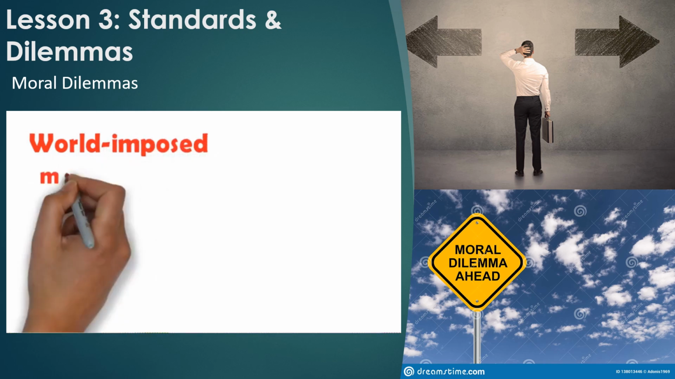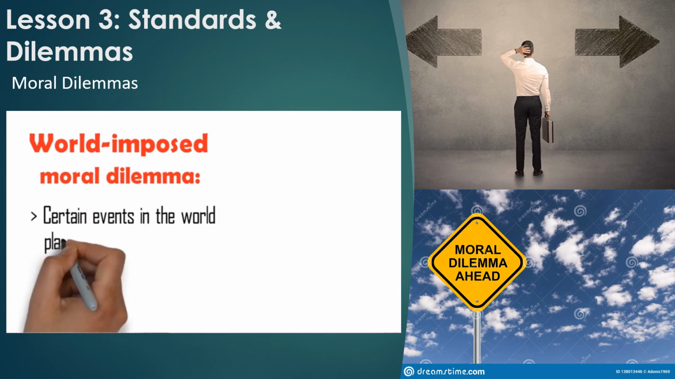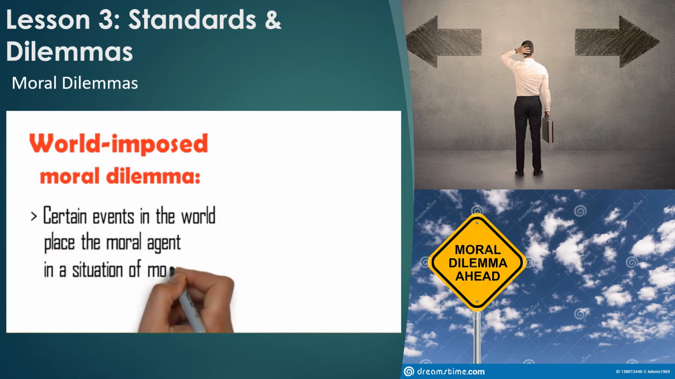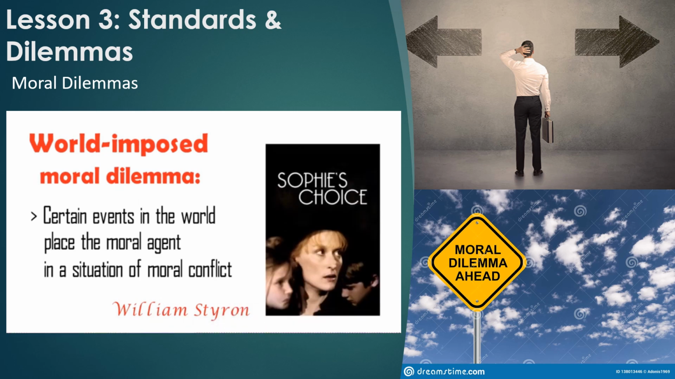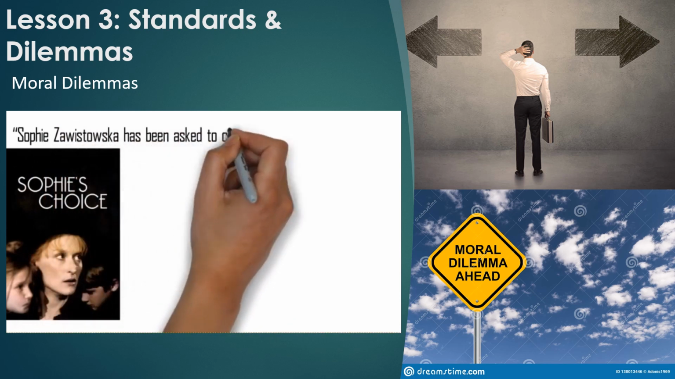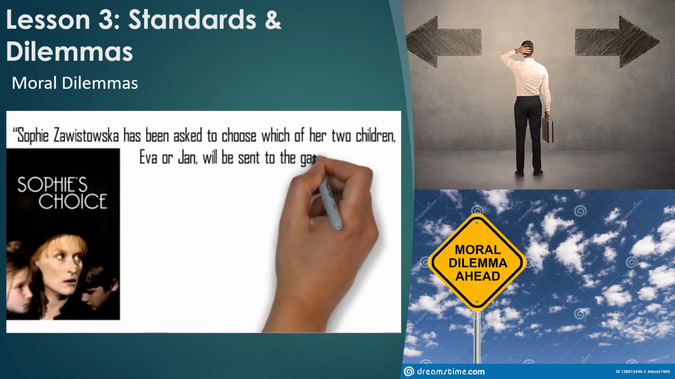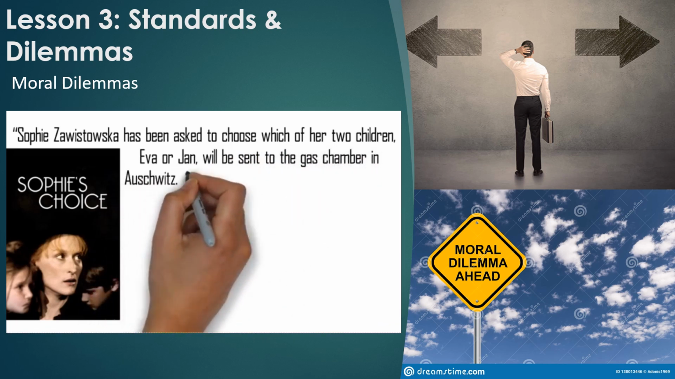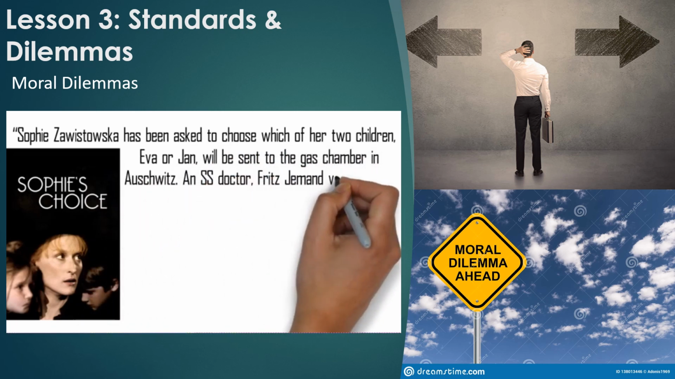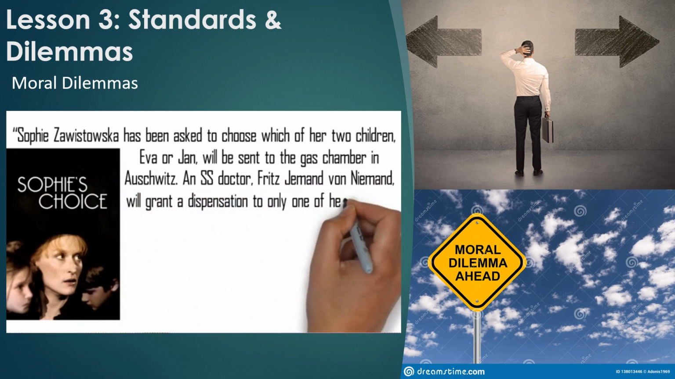A world-imposed moral dilemma, on the other hand, means that certain events in the world place the agent in a situation of moral conflict. William Styron's famous Sophie's Choice is a classic example. Sophie Zawistowska has been asked to choose which of her 2 children, Eva or Jan, will be sent to the gas chamber in Auschwitz. An SS doctor, Fritz Jemand von Niemand, will grant a dispensation to only one of Sophie's